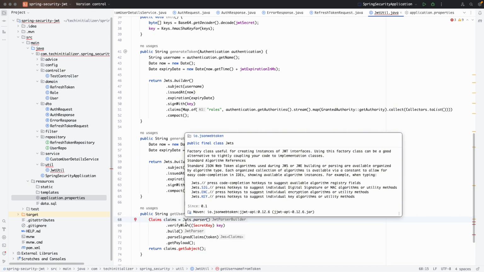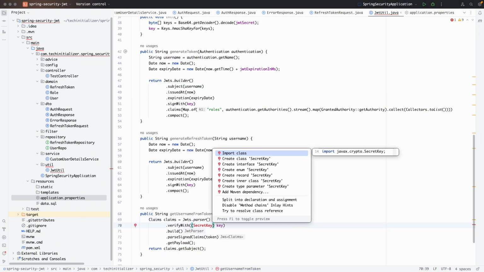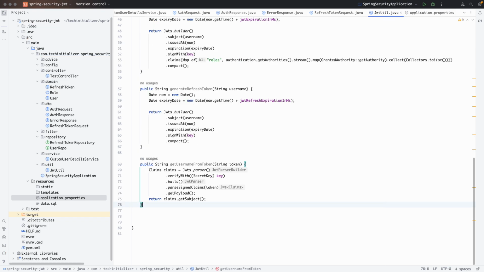And after the claims are processed, we can get the subject from the claims, because anyways we are setting the subject as username itself. So that's why we can just get the subject. We will get the username. I will just import this. We will be using the secret key also in order to verify the token. So we will be requiring two more helper methods. One is for validating the token, and second one is for getting the refresh expiration time in milliseconds, and they